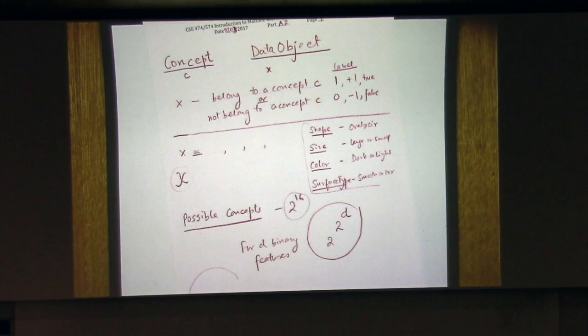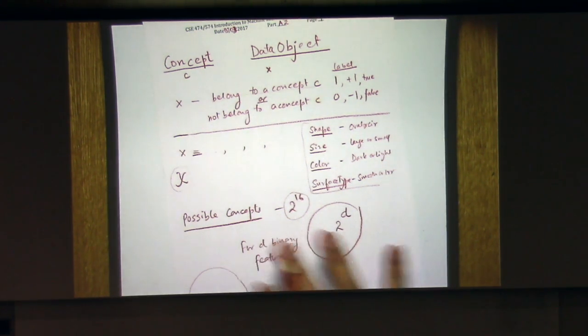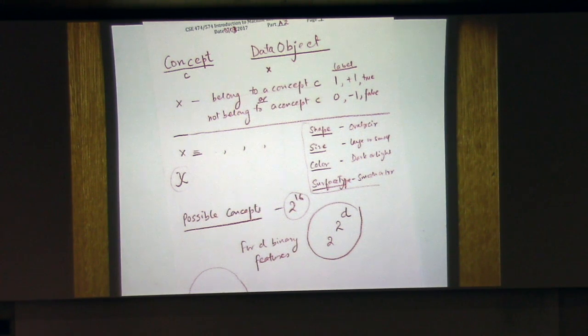I'm going to draw it like this. So this is my entire concept space. Think of it as all the possible ways you can do this. It's all in here, right? So the machine learning algorithm has to go and search for the right one here, which becomes fairly challenging, even for this